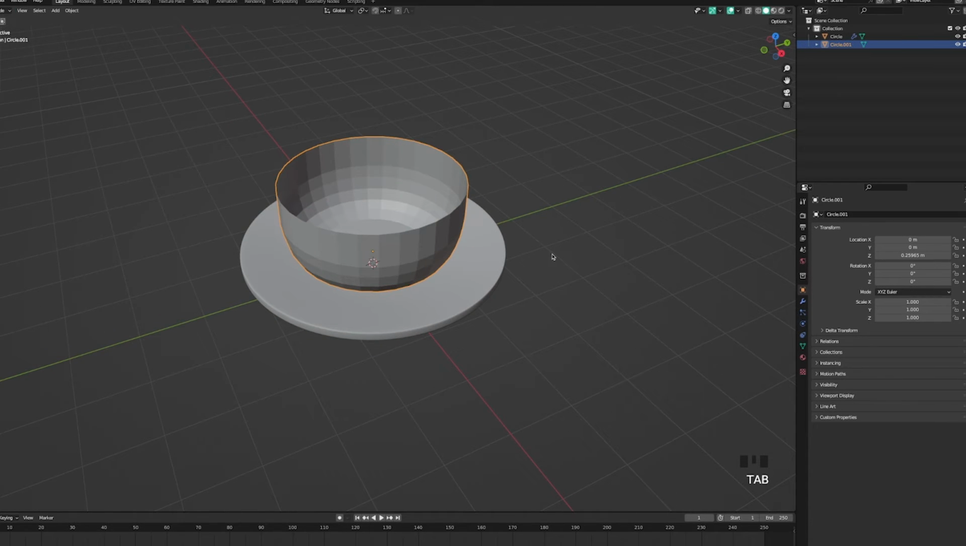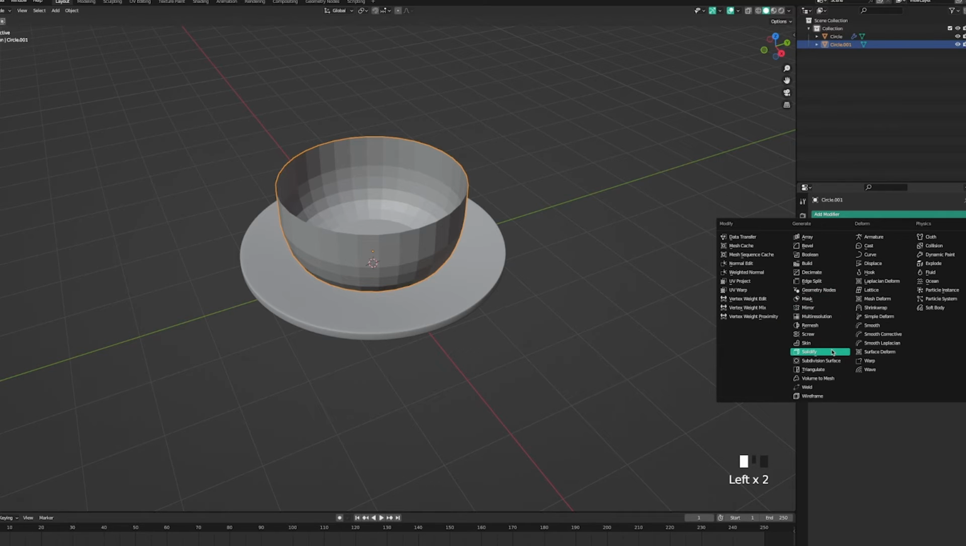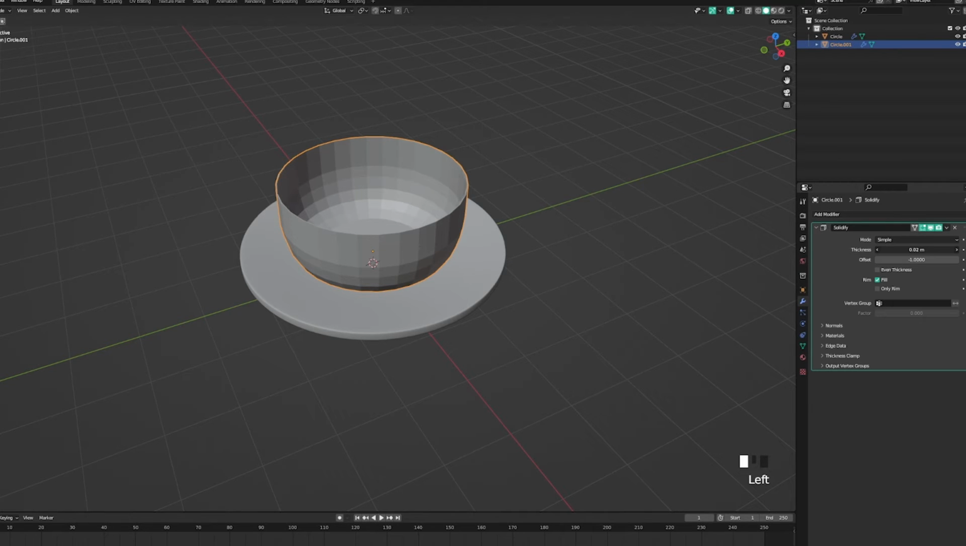Press Tab to leave edit mode. Then go to your modifiers tab, add modifier, and add a solidify modifier. Then increase the thickness. I want a nice thick cup. So I'm gonna make it 0.35. And then while you hover over your modifier, you can press Ctrl A or the drop down here to apply